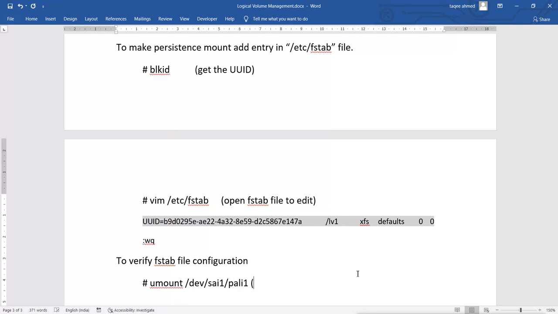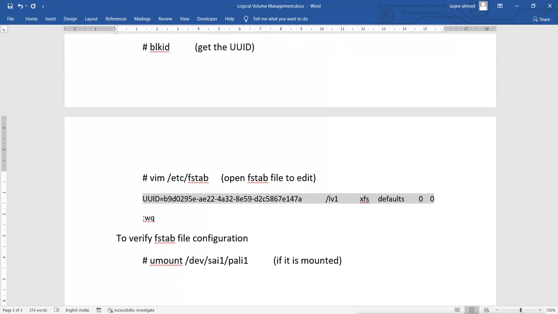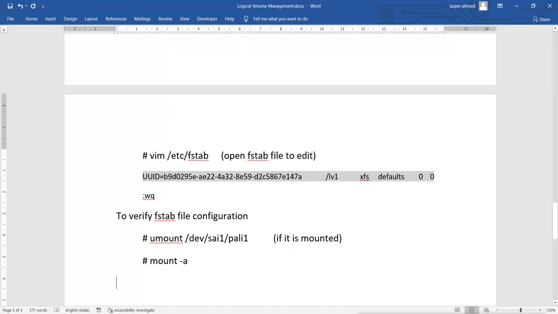If it is mounted, and then we do what? We run mount -a command. So then we will know whether it is okay or not.